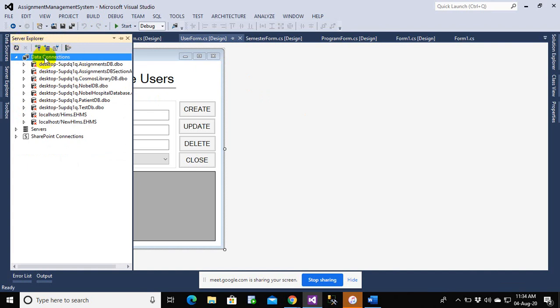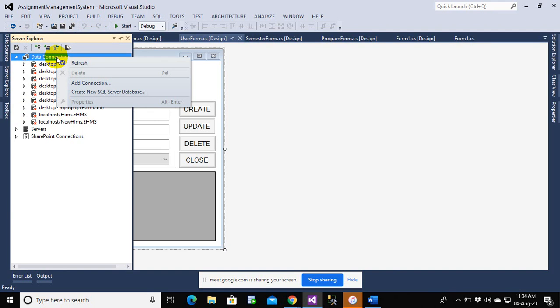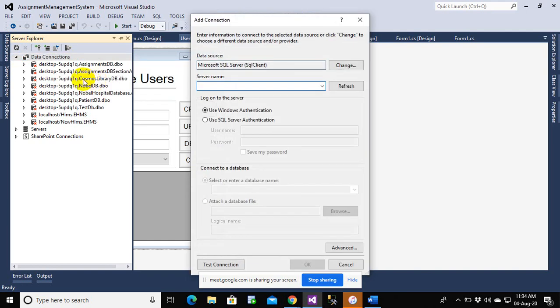If it is for the first time, you might get a different screen, but if you have already connected once, you will simply create an add connection. If you are doing it for the first time, they will ask you what the database server is, and in that case you have to provide Microsoft SQL Server. Click next and you will be redirected to this screen. You can try it out, and if you have any issue, you can just message me, and I will help you instantly.